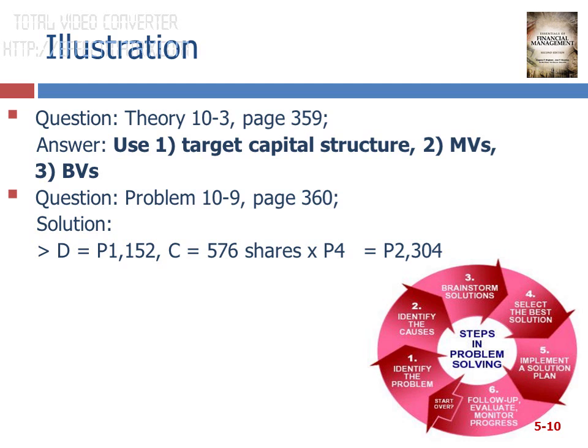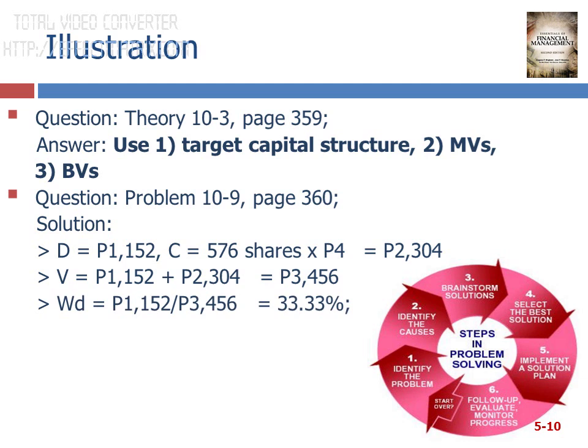Or if there is a market quotation that the bonds sell for this amount, you multiply that with the par value, you get the market value. It's not automatic, but based on the given problem, if it is not indicated, you can compute for market value of debt. So you use the book value of 1152. And for the common stock, you have the book value 1728, but you can compute for the market value using the market capitalization. You multiply 576 shares with 4 pesos, you get 2304. Then you get the total value, you add the two. The total market values of debt and equity is 3456.